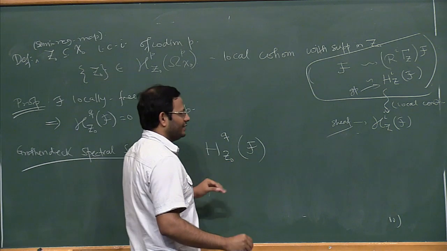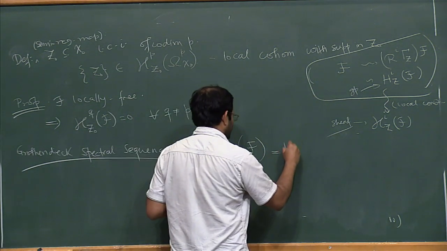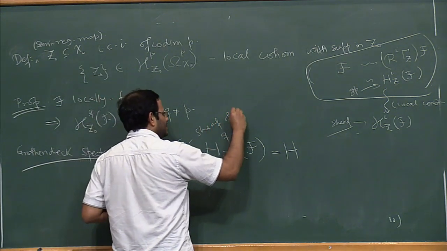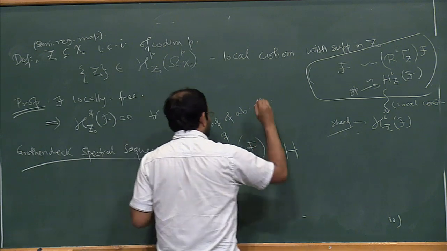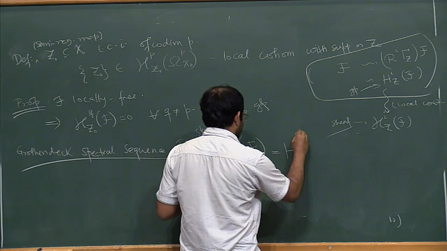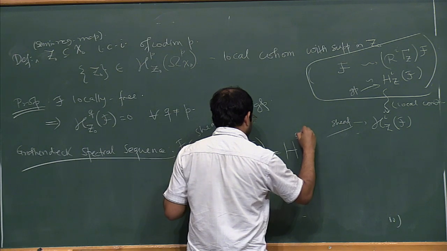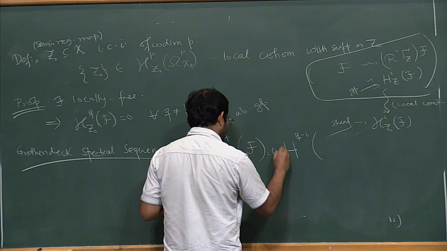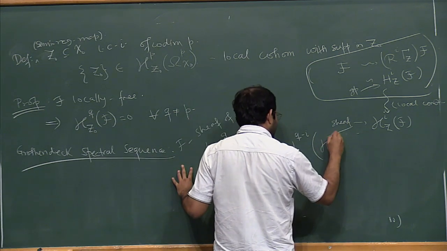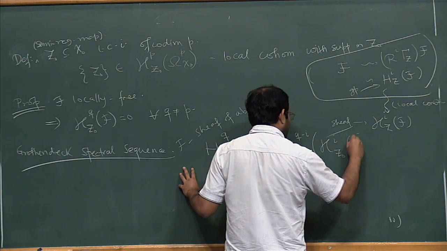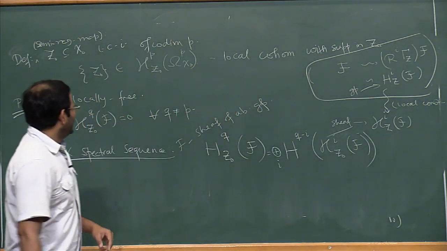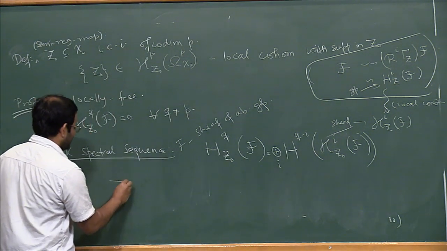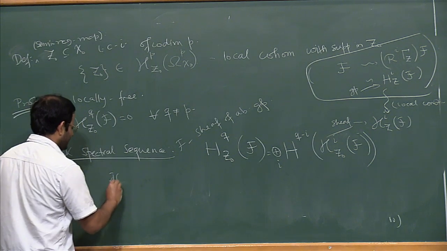Here you can take any sheaf of abelian groups, so here F is a sheaf of abelian groups. And here you can take Q minus I, direct sum over I. And now if you combine with this result, so this tells you that if F is locally free,